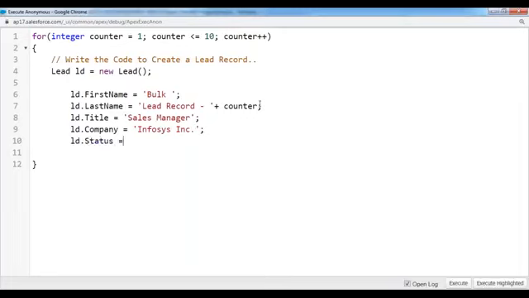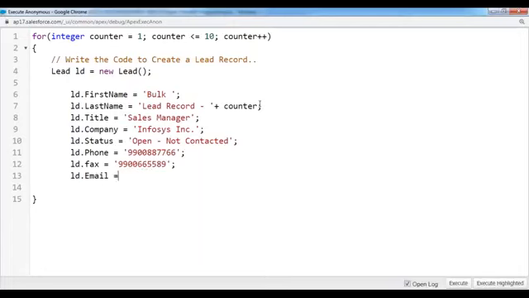LD dot status. Lead record status I'm passing as open, not contacted. LD dot phone. Lead record phone value I'm supplying over here. Lead record fax, I'm passing this value. Lead record email, I'm supplying it as bulk lead